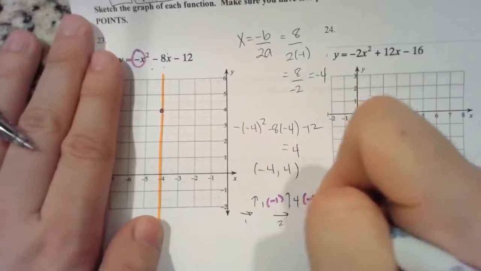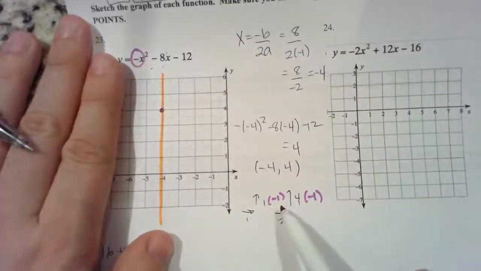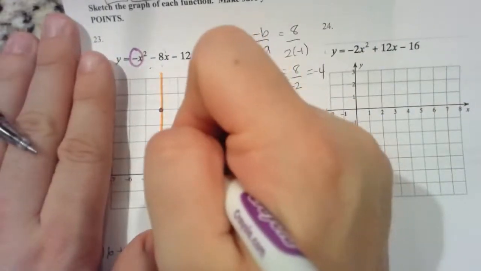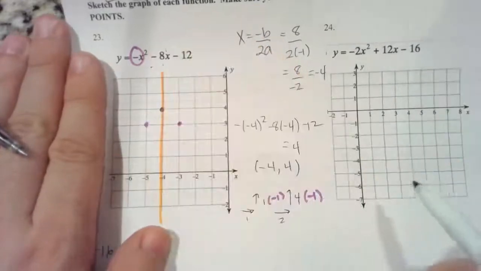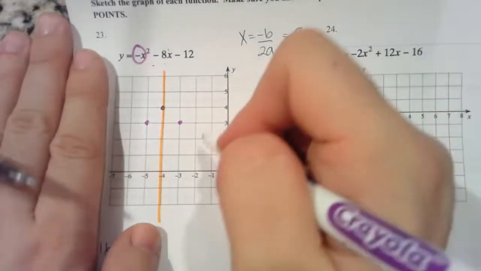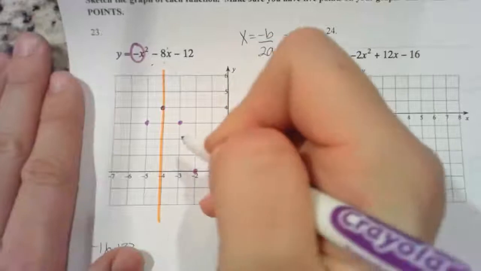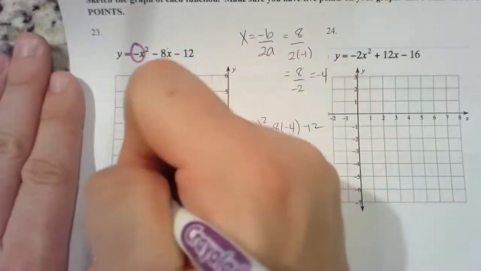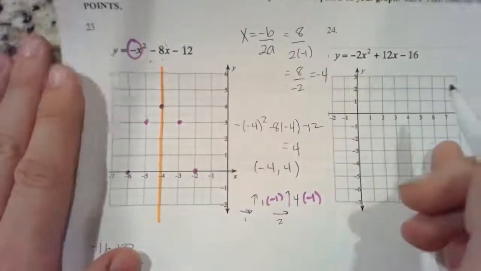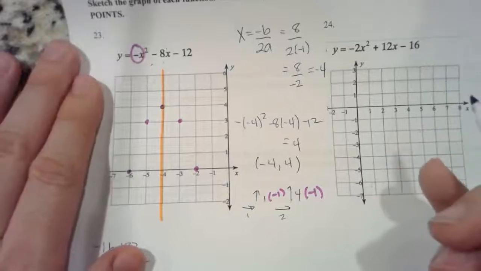So rather than going over 1, up 1, I'm going to go over 1, down 1 on both sides. And rather than going over 1, up 4, I'm going to go over 1, down 4. And you keep putting points on until